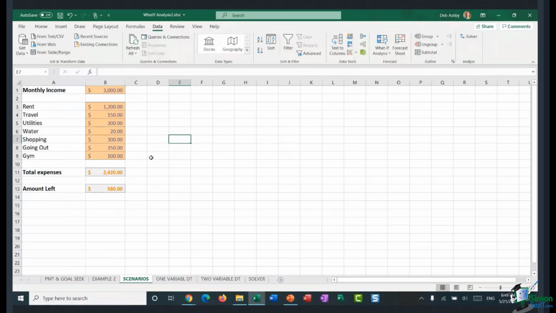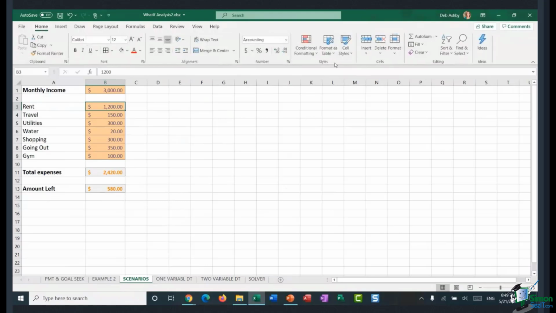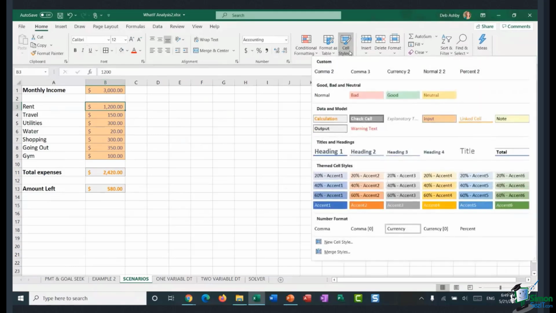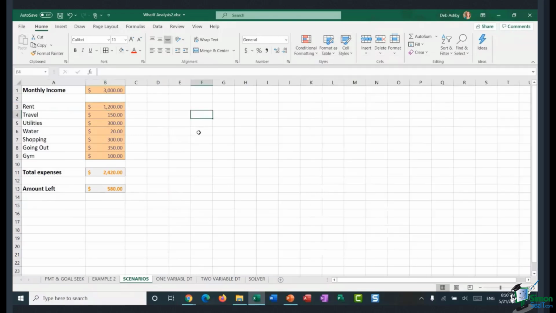Now, to make this a little bit clearer to see, and if any of you attended the last webinar that I did, I speak a lot about cell styles. So the way that I've colored these, I've just done this using cell styles. Now, if you've never used them before, you'll find them on the Home ribbon underneath Cell Styles here. And I've basically colored these as input cells. So this is where we're going to input our numbers. And then these cells here that contain formulas, I've just made calculation cells. Now, this is purely formatting, and it just really helps your spreadsheet be a little bit more readable if you separate out what cells are input cells, what cells are calculations, so on and so forth.